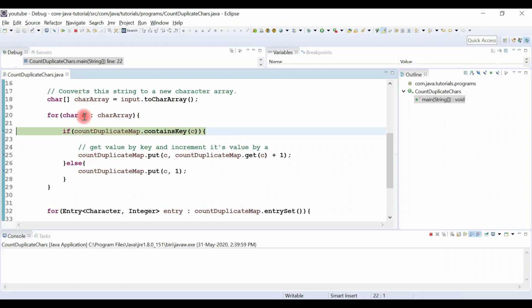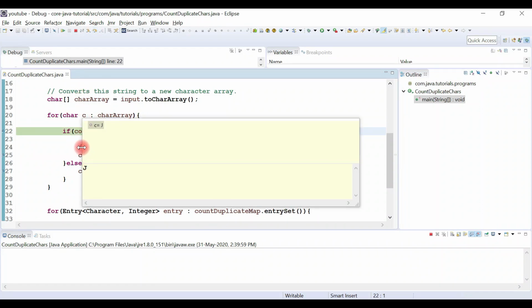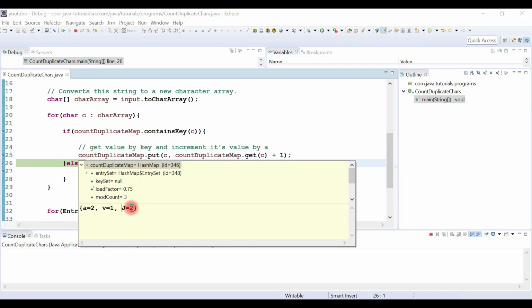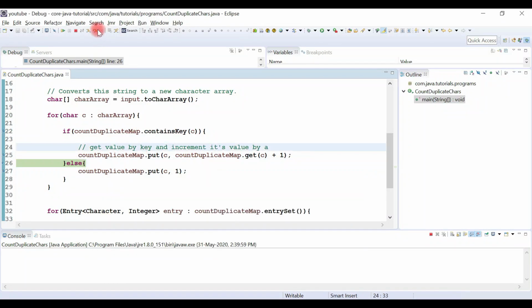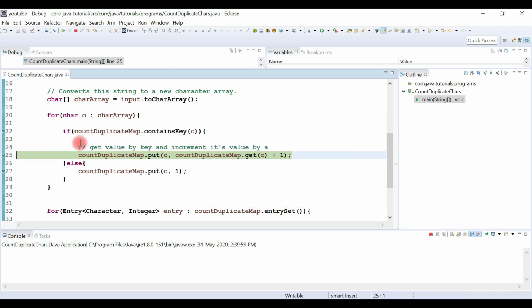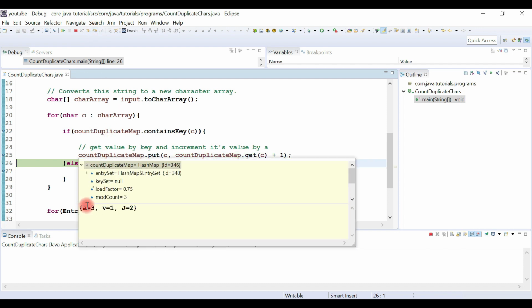Similarly, now c contains j, and j is already present in the map, so it goes to this statement, and again the value of j is incremented by 1. Now look here, j is incremented by 1 and it is now 2. Similarly, the value of c is a, and a is already present in the map twice, so now it is incremented by 1 and the value of a is 3. a appears 3 times.